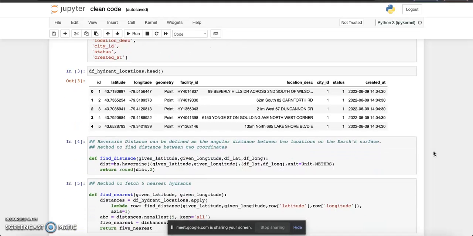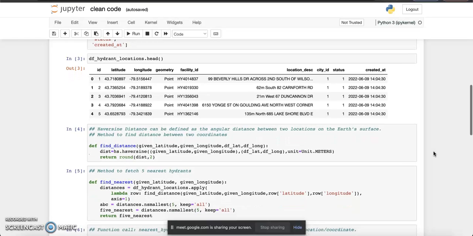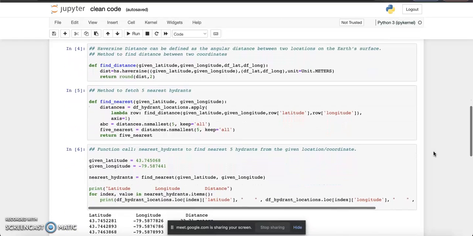And cell number 3 is the first 5 rows of the data frame. Now coming towards cell number 4, it is using a library for calculating the distance on the surface of Earth. The formula or the theory which helps to find the distance between 2 points on the Earth is derived by